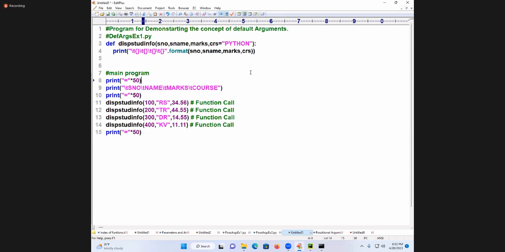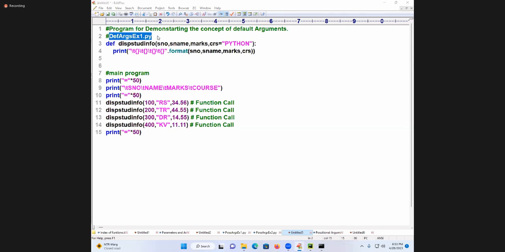Now, I will tell you a rule. I told you positional arguments give which priority? First priority. Now, here what did I write in order? First what did I write? Positional. Last what did I write? Whenever you are writing positionals and defaults, which one should I write last? Default I will write last. First I will write positional. If by mistake you write CRS equal to Python in the first or middle, you will get an error.